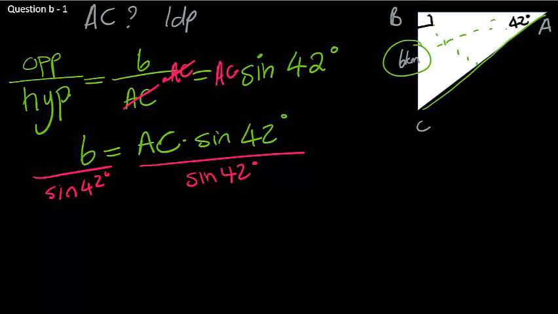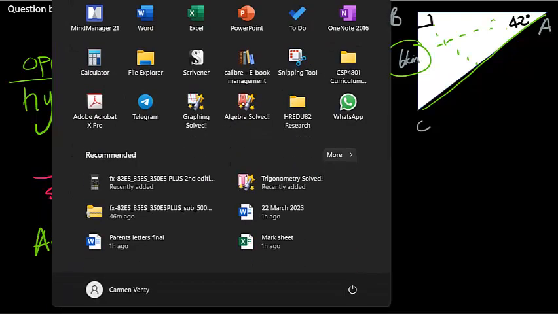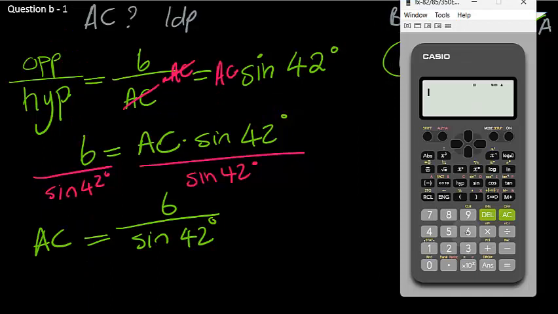So I have AC, which technically is on my right hand side, is equal to 6 over sine of 42 degrees. I can input that into my calculator. So I can say 6 divided by sine of 42 gives me